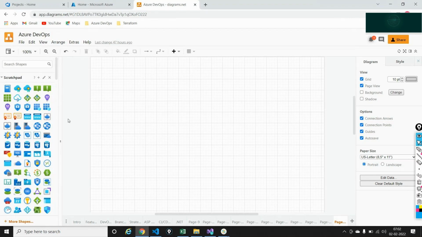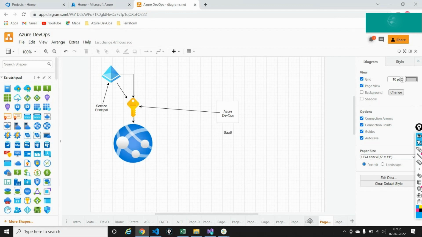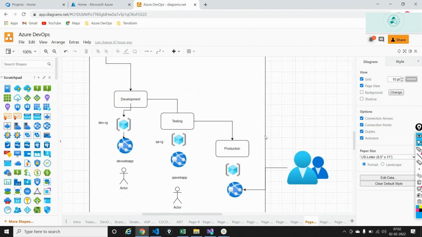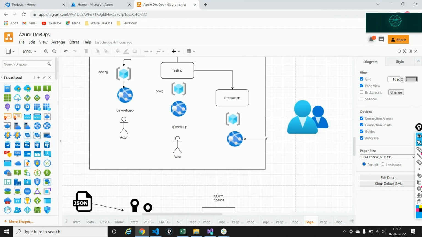So this is where we are. We now have an understanding of what build pipelines really are. We went ahead and established a model wherein you have multiple stages of deployment, like development, testing, and production. Between each stage of deployment, meaning between development and testing, there is an approval. So someone has to come ahead and approve this. And between testing and production, there is an approval. Someone has to come and approve all these things. Now,